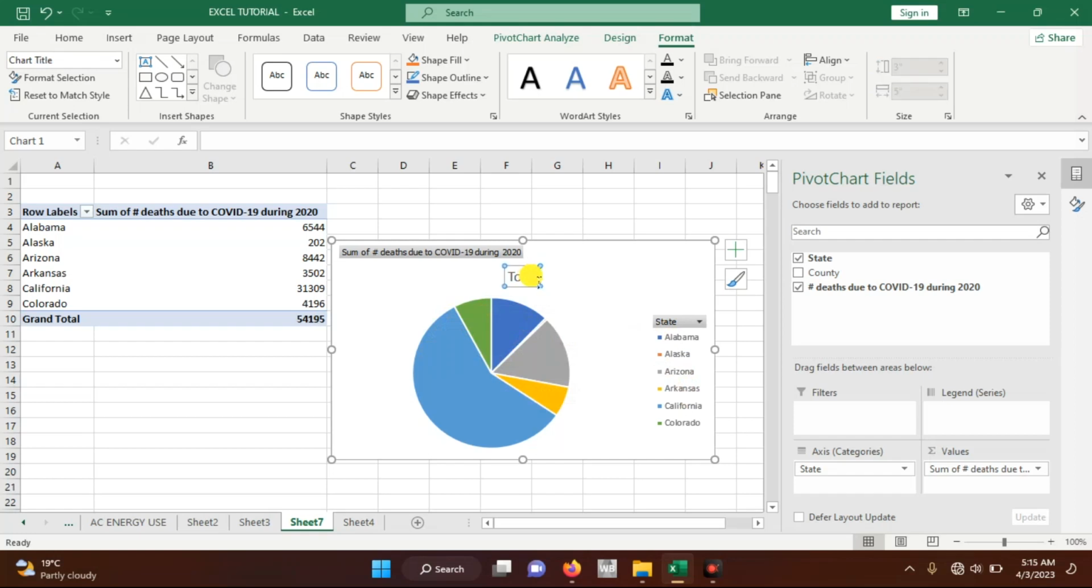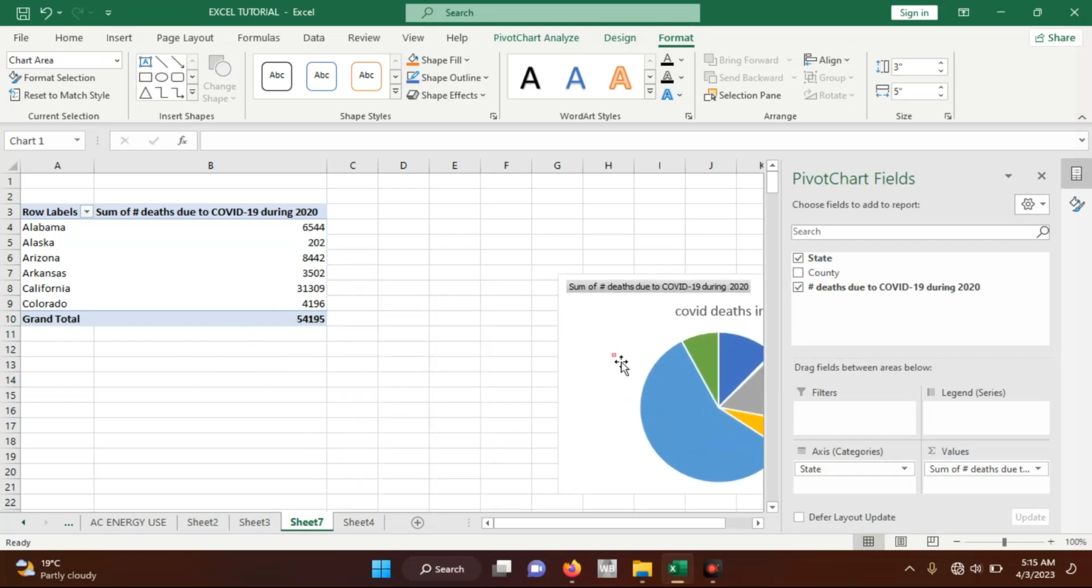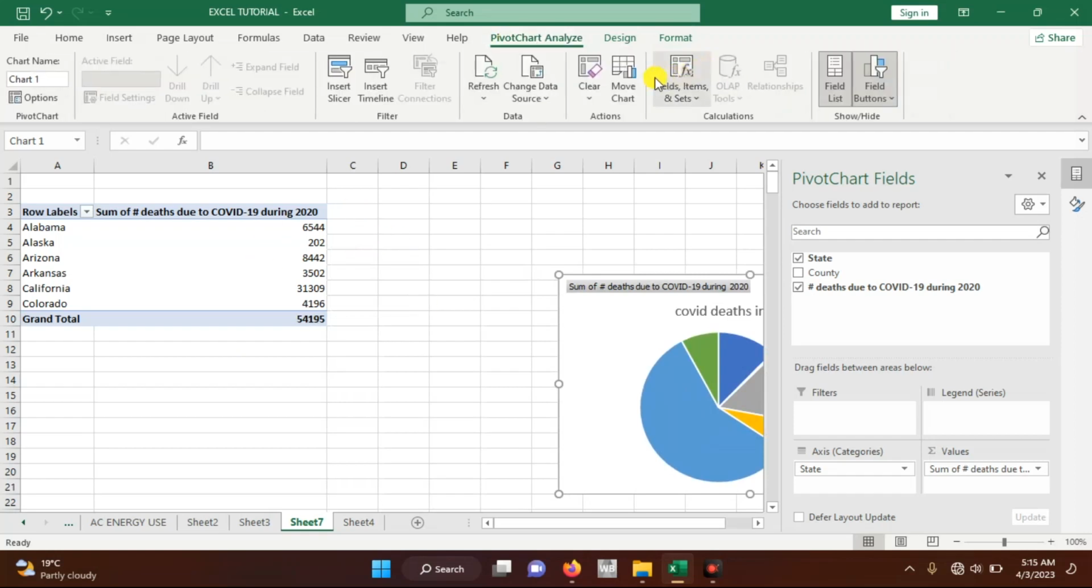So I can give this a name. I can say COVID deaths in 6 states. Yeah, so that's really all about pivot. Again, you can make a different chart. Again, we come here, pivot chart analyze,